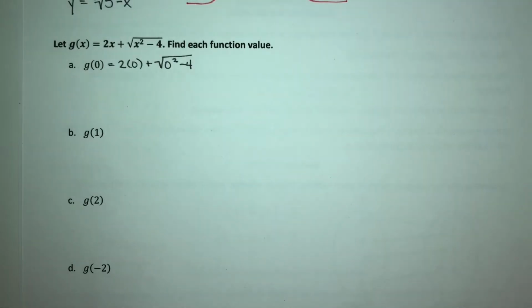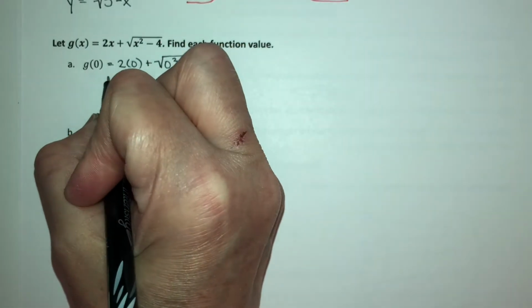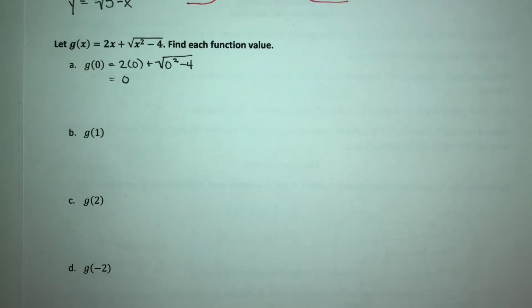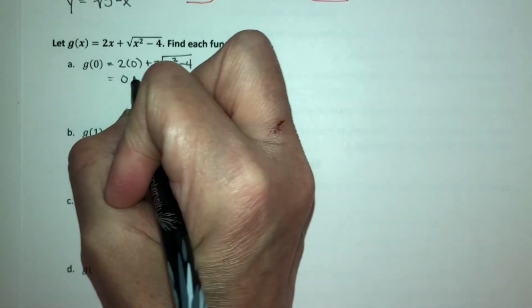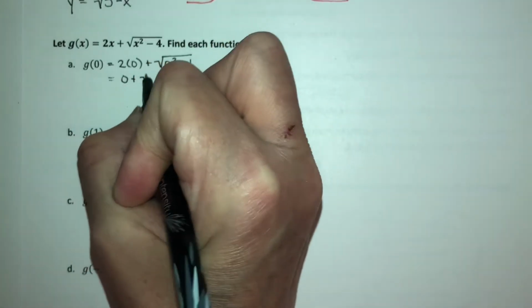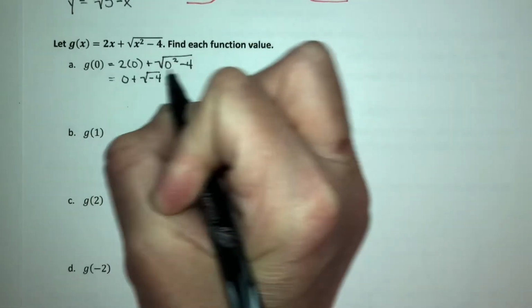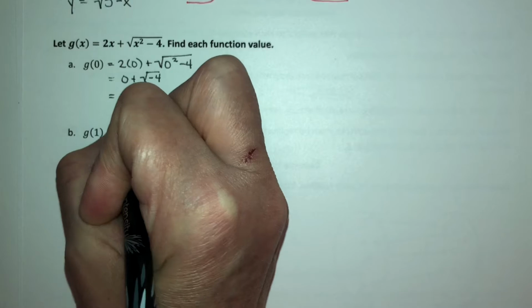Now you can use a calculator or you can do it in your head because this one's fairly easy. Just don't forget your order of operations. 2 times 0 is 0. I'm writing out more steps here than you will probably need to see. Plus this will be 0 minus 4, so this is negative 4. And the square root of negative 4,